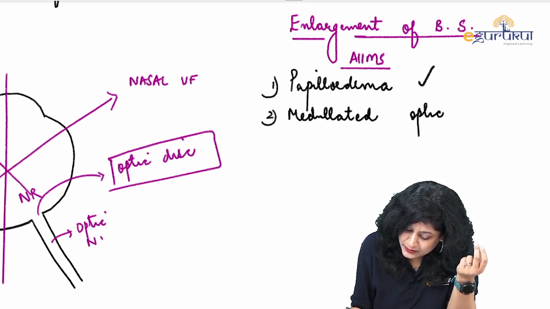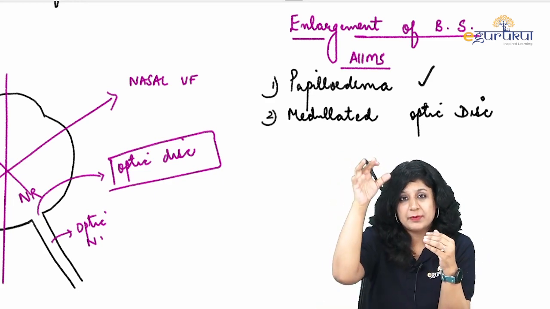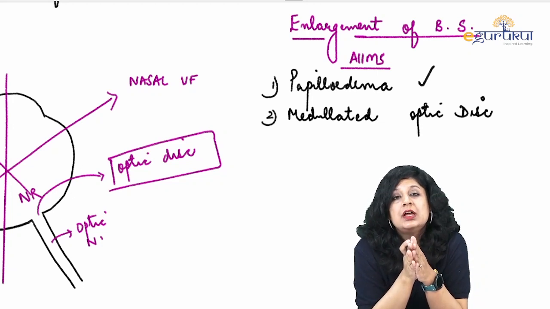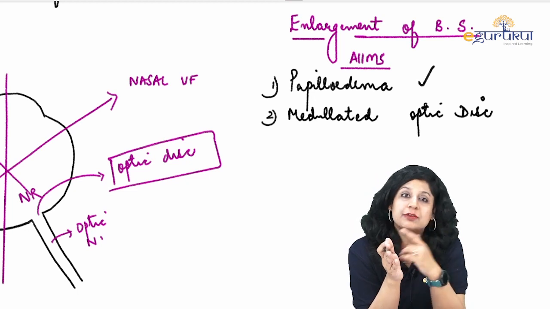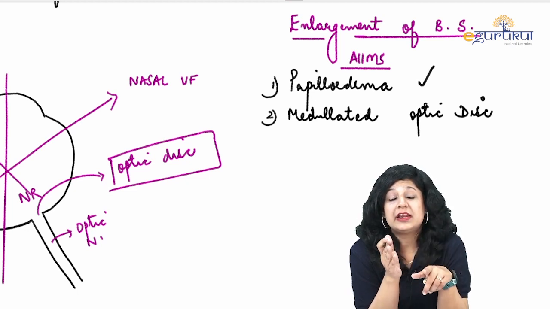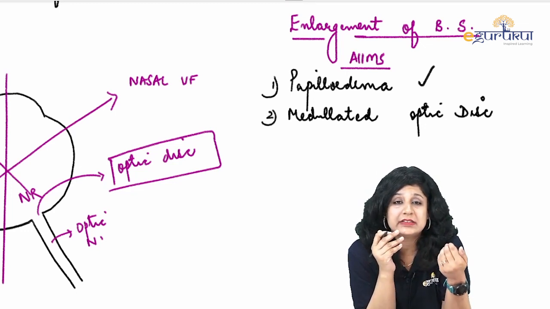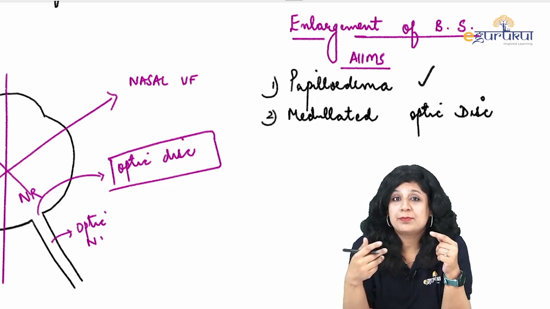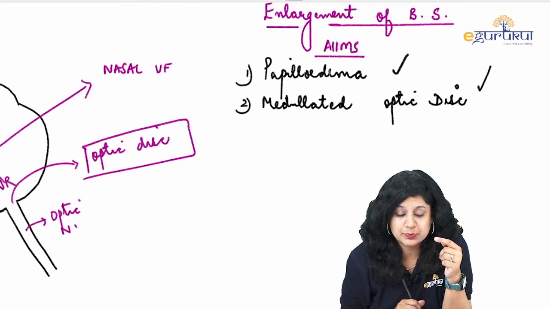Number 2 was medullated optic disc. Medullated optic disc means normally the myelinated fibers are coming from the brain, and they just stop at the lamina cribrosa. Lamina cribrosa, I hope you remember, is the area of the sclera through which the optic nerve fibers come out. Now in cases of myelinated optic nerve fibers, or the medullated optic disc, they go up inside also, and form a sheath around the optic disc. That will again give you an impression that there is an increase in the size of the optic disc and there will be enlargement of the blind spot.